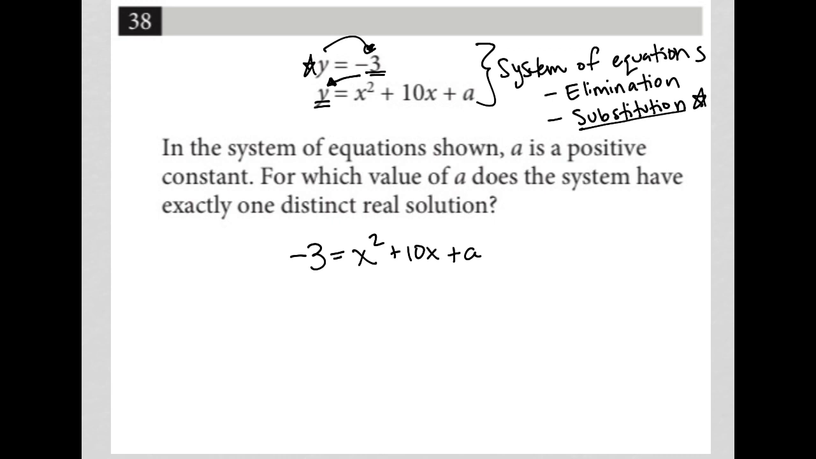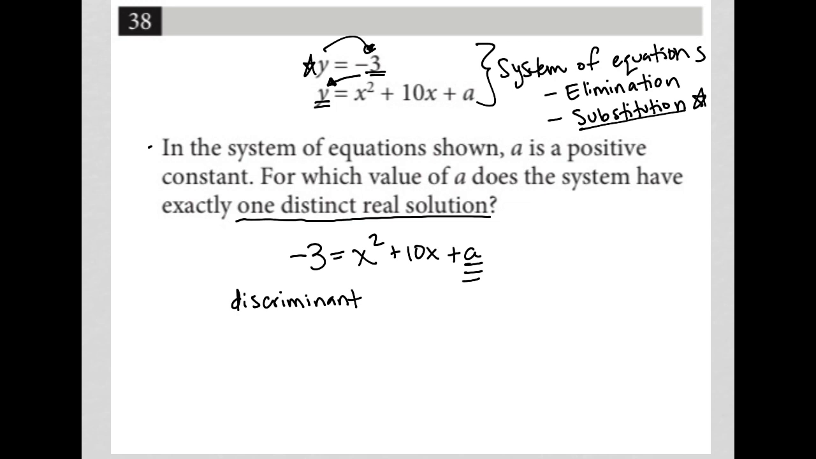So the question here is saying, in the system of equations shown, a is a positive constant, okay? For which value of a does the system have exactly one distinct real solution? Okay, so that rings a bell for me. One distinct real solution. So there's a little trick that we learn in school where we use the discriminant,